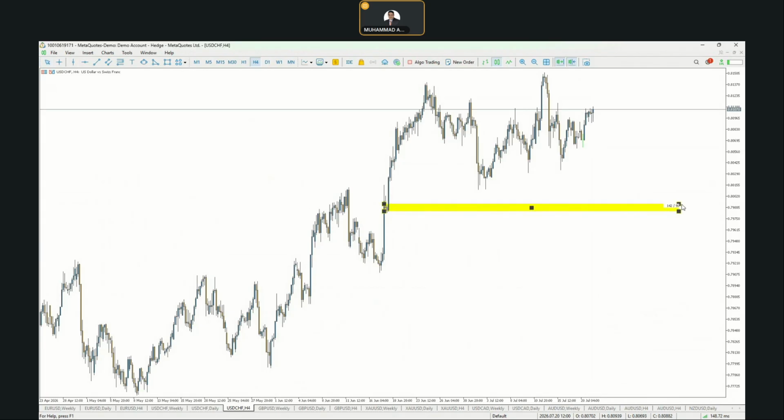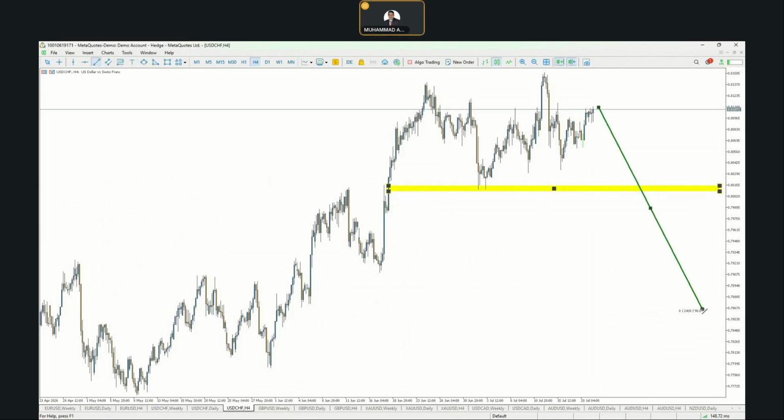So it looks to me like we're getting kind of sideways price action in the smaller time frame of US dollar Swiss franc. So it's quite possible that the USD Swiss franc is going to drop and break below this support area